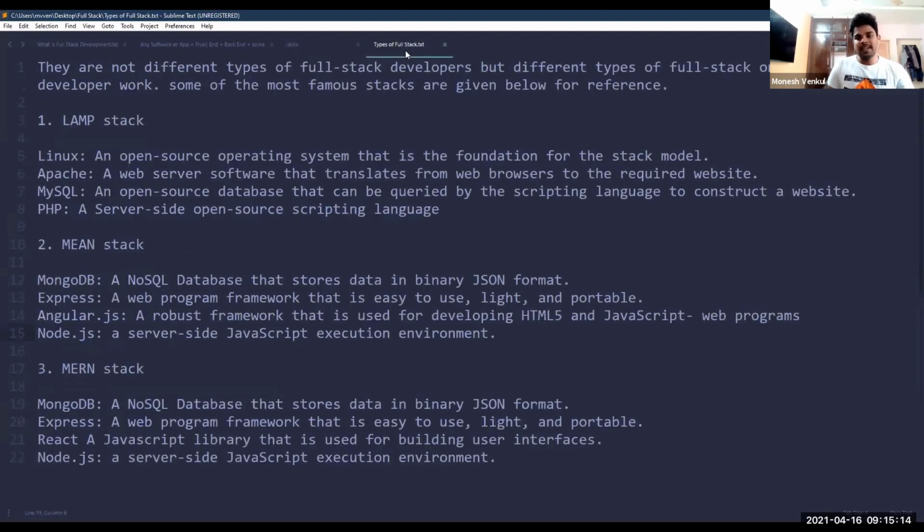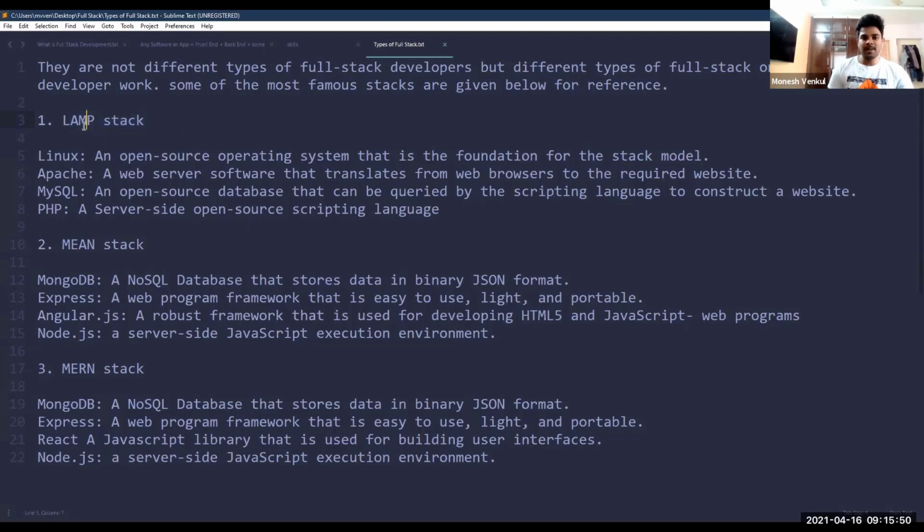And next is types of full stacks. I said before, full stack is not a singularity, it is a tree branch. Actually, it has a number of branches. In that, the top 3 stacks, like now I'm saying full stack, but you need to know what are the subcategories that you have to learn. In these 3, you need to pick only one. If you pick more than one, then there is no use. Pick only one and be a master in it. There are 3 kinds of stack.